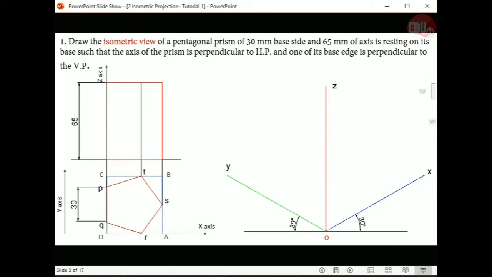Then in isometric drawing the axes are 120 degrees apart, but here I have drawn it like this: x-axis at 30 degrees, z-axis at 90 degrees, y-axis at 30 degrees from this side. Okay, because actually this is 120 degrees apart. When you extend this x-axis like this, that represents the negative side of the x-axis, and when you extend this green line here, that represents the negative y-axis, then all the axes will be making 120 degrees with each other. We are dealing with only the positive side of the axes, so it is convenient to draw the isometric projection. That's why we have not drawn the negative sides of the axes.